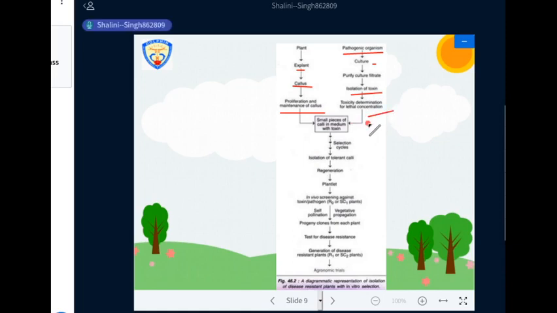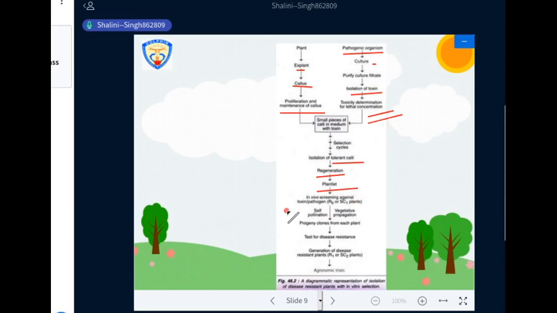After that, determination is done of this toxin agent for the lethal concentration in the plant. When this concentration is determined, that particular toxin is added into the medium and small pieces of callus are inoculated onto this medium supplemented with toxin. And then we will conduct the selection cycle for 2 to 4 weeks for the isolation of tolerant callus against this toxin. When we get such tolerant callus which are able to grow on this toxin supplemented medium, these callus are regenerated into a tissue culture raised plant having well grown shoots and roots.